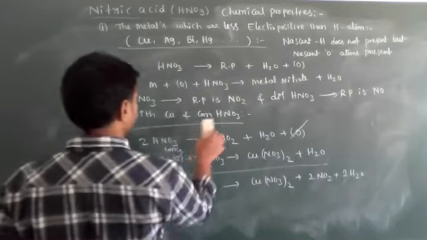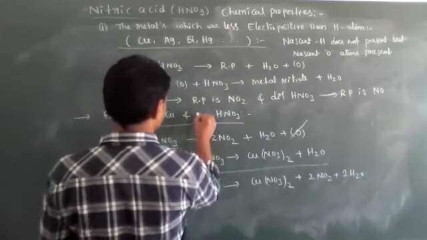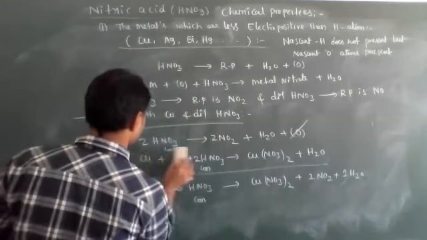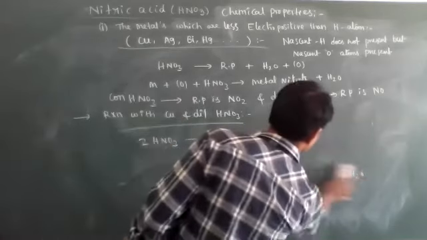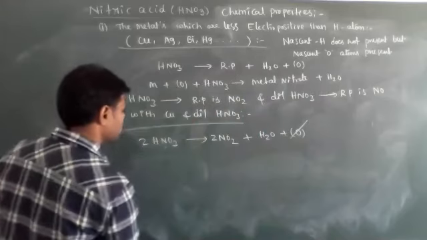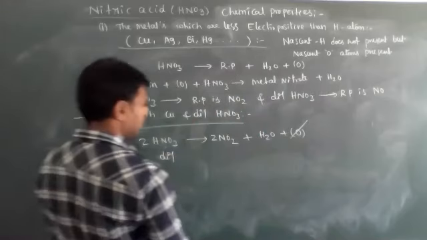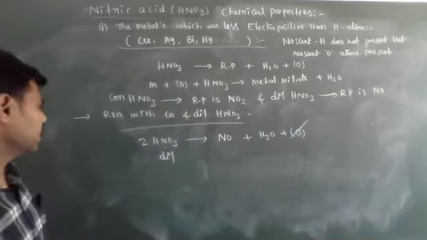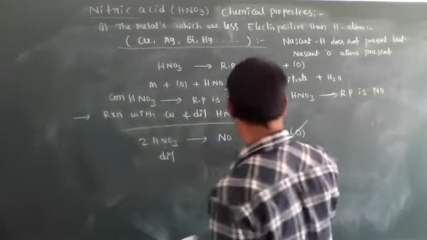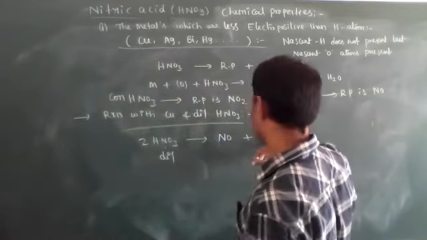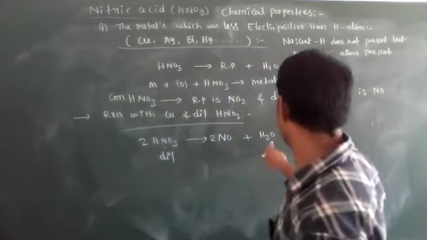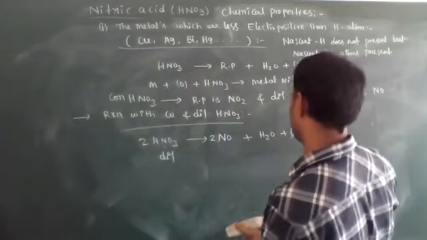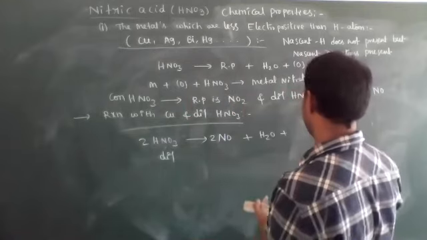The same way the copper reacts with dilute HNO3, then the reaction, let's see. The dilute HNO3, then the product is reduced in the form of NO, nitric oxide, and water and nascent oxygen. So here 2, then 2 moles of NO will form, 2H2O. Total 6, 2 plus 1, 3. Okay, 3 plus 3. 3 nascent